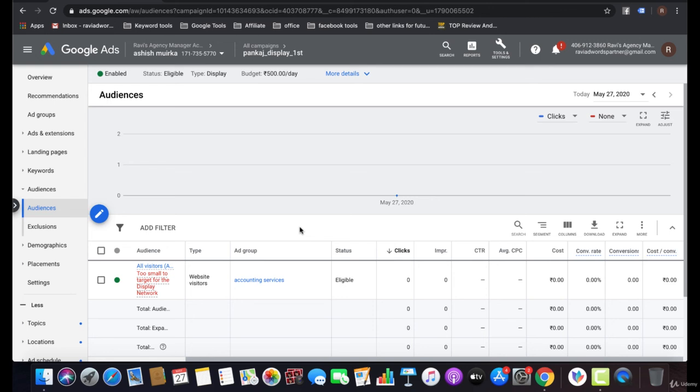In a remarketing campaign, it's cheaper because you are already providing Google the audience, the type of customers you want to target to purchase or take action on your website. That's how remarketing campaigns are cheaper than standard campaigns.